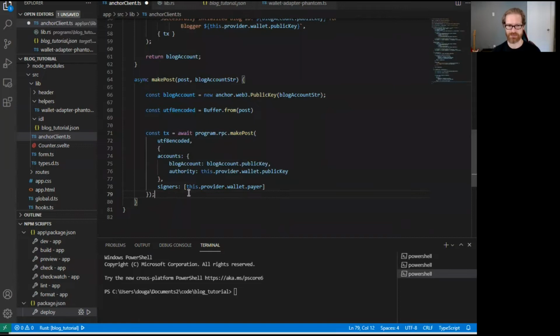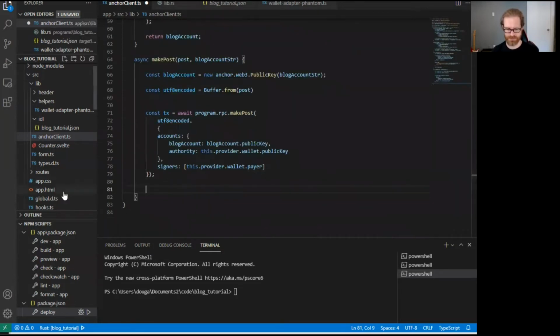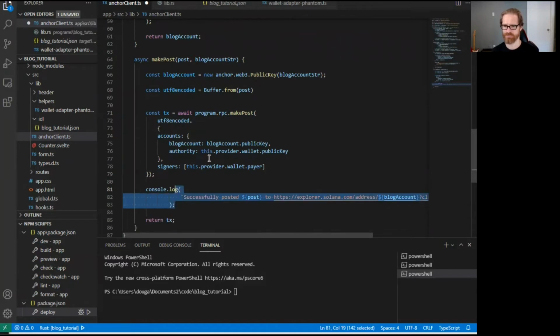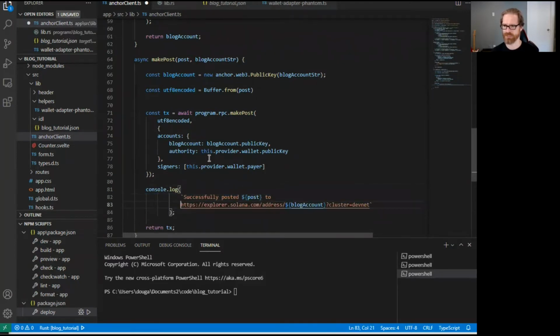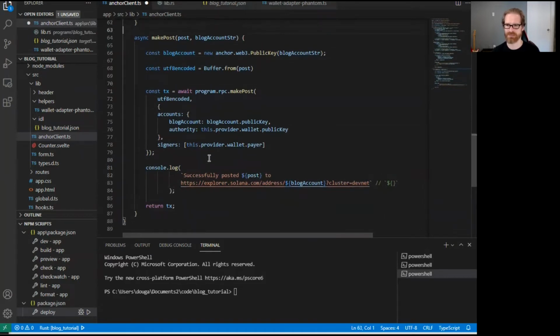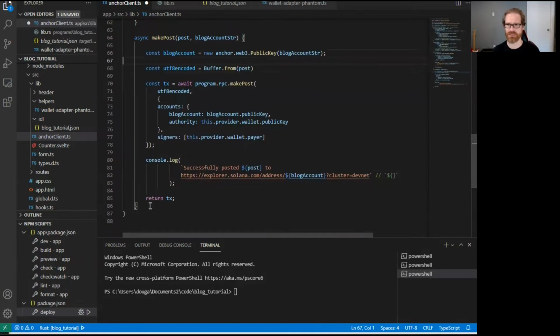So once we've done that, our make post is almost complete. Again, we can return the transaction, likely not going to do much with it, but you can do neat things like post, successfully posted this post to, and then throw in the blog account, and we're assuming it's on DevNet. If we wanted to get fancier, we would probably put in a variable there, a template literal, whatever they're calling it these days in JavaScript, to blank out DevNet, but we're not quite there yet. And so there we have it. We've got make post and initialize in our